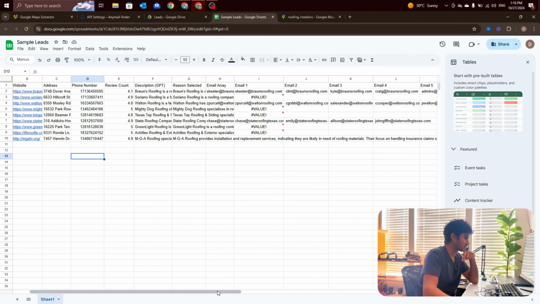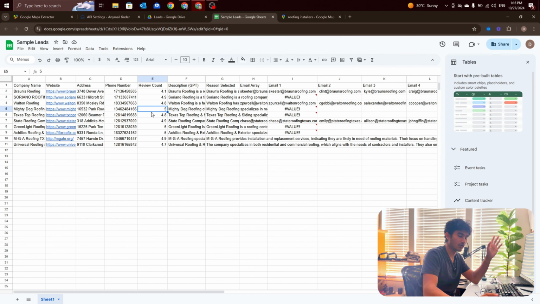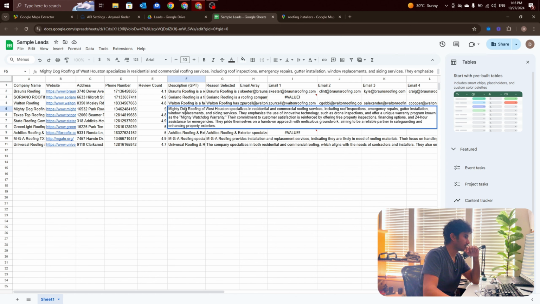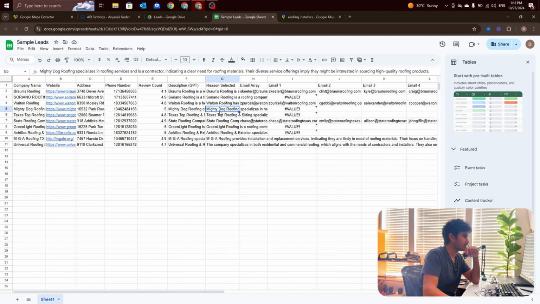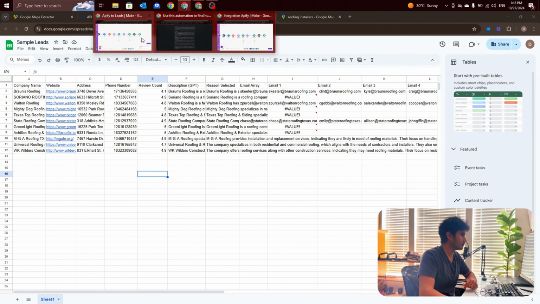It's giving us the company name, the website, their address, phone number, all public information that's on Google, and then a description from ChatGPT as to what they do and the reason why they were selected in case we need to know that. Whether or not it can find an email depends on its availability, but that's essentially how this would go ahead and